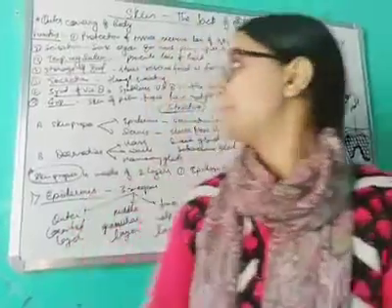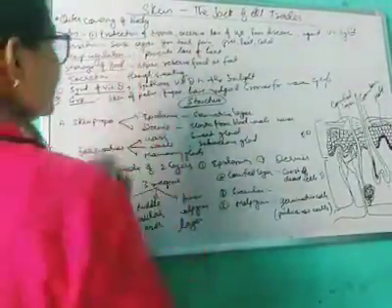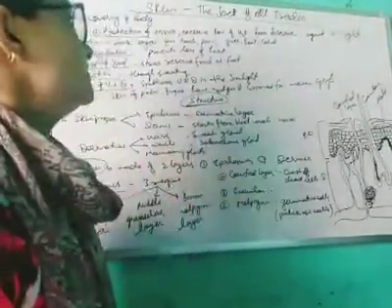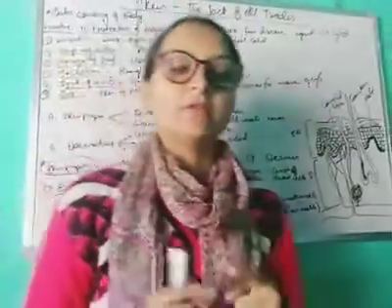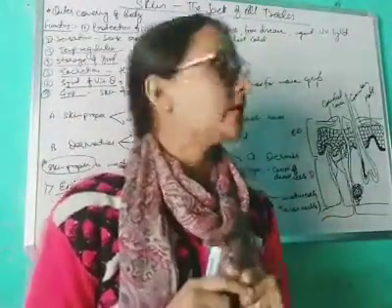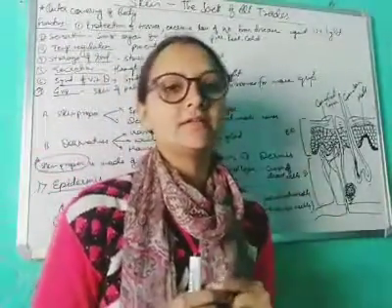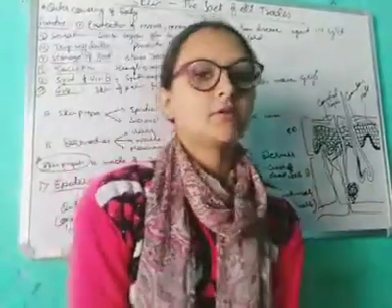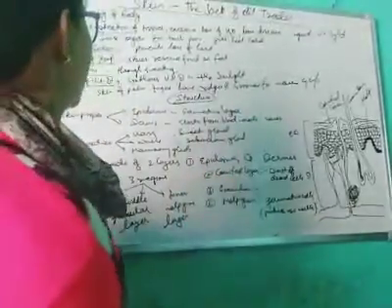The first function of it is protection. It protects the tissues and prevents the excessive loss of water from the body. It prevents disease, the entry of germs into the body, and it also protects us from UV light, the UV rays coming from the sun.